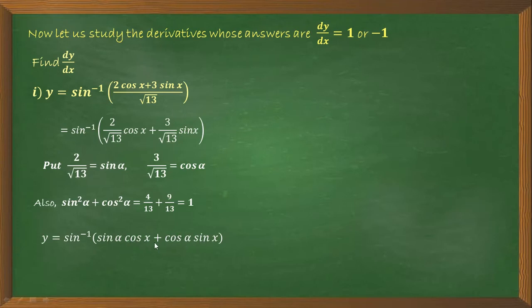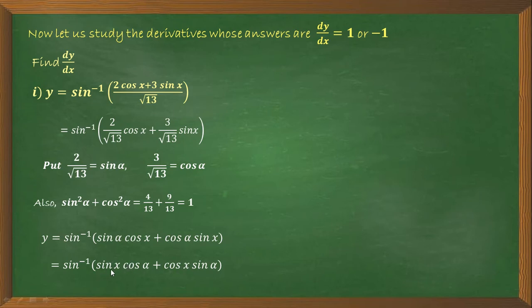Now see this combination, sin A cos B plus cos A sin B. So to get the compound angle formula here, we adjust the values like this. These are the constants and we consider that constant as sin alpha and cos alpha, so that we get the combination just like a compound angle formula. So the next step will be sin inverse in bracket sin x into cos alpha plus cos x into sin alpha. This is just for adjustment.